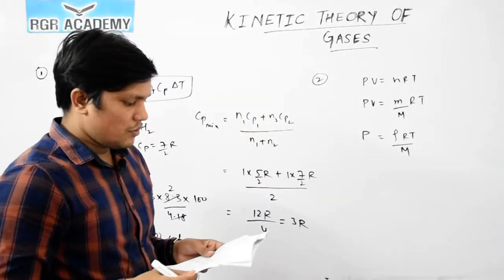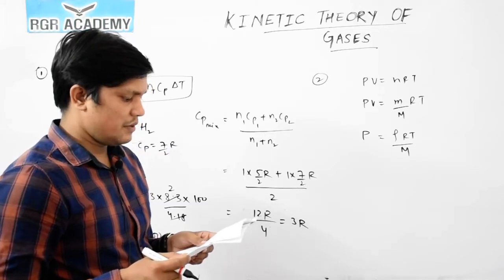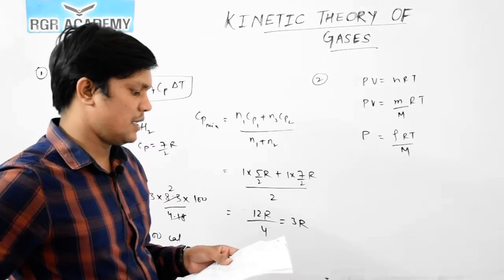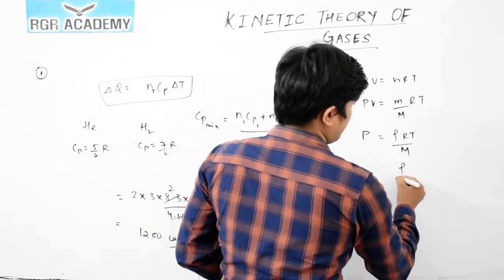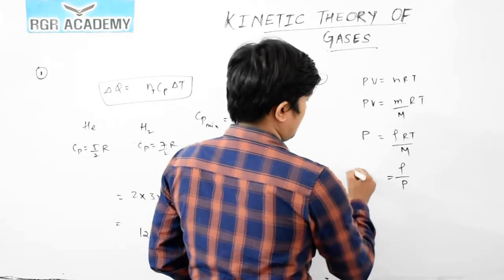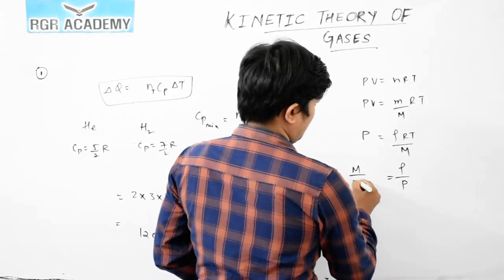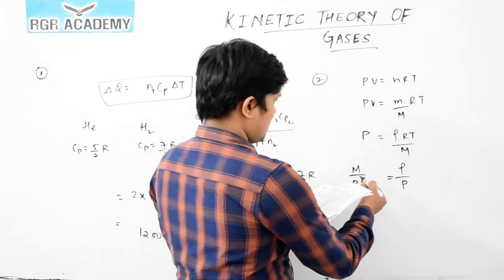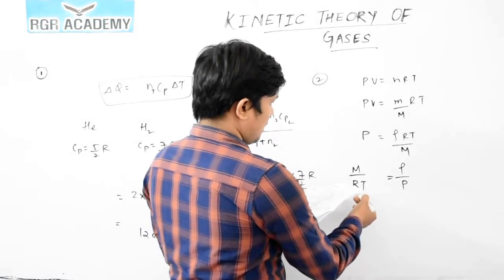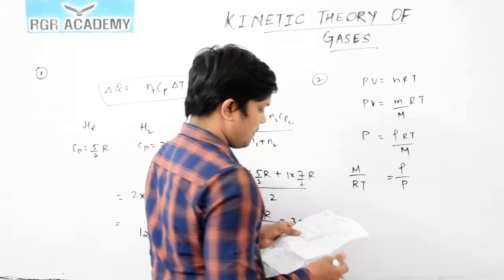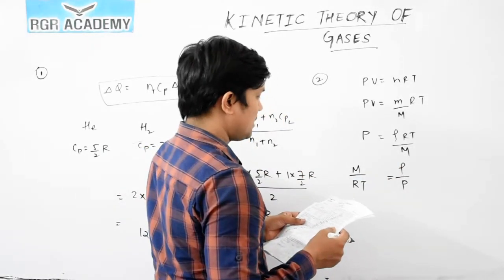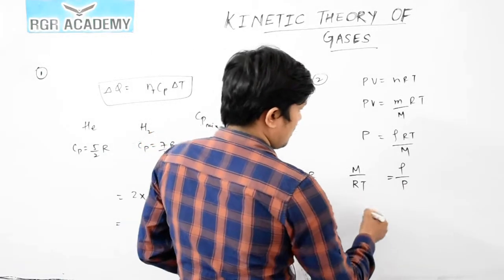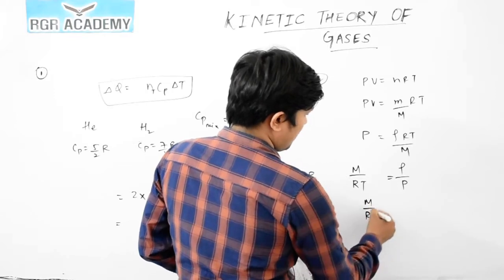Okay. Now what they have given: at 0 degree Celsius, the density of a fixed mass of gas divided by pressure is X. If you see, density by pressure we can write as M by R into T. Molecular mass will be constant, and R is also constant. So initially, this is equal to X, and the temperature is given as 0 degree Celsius.